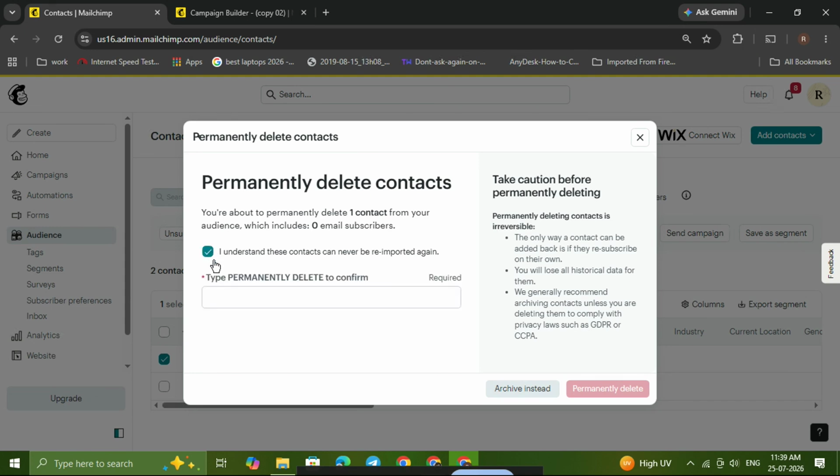After that, type permanently delete exactly as shown into the confirmation field. This step is required to finalize the removal. Once you've typed it in, click permanently delete to complete the process. And just like that, the unsubscribed contacts you selected will be removed from your Mailchimp audience. This is a great way to keep your list clean and better organized, especially if you're managing a large number